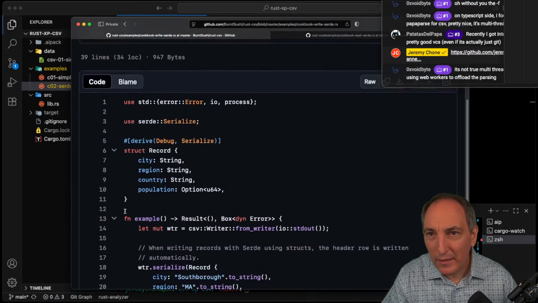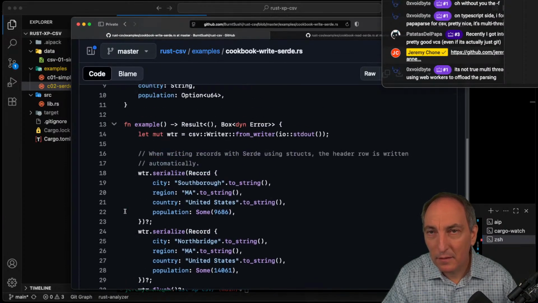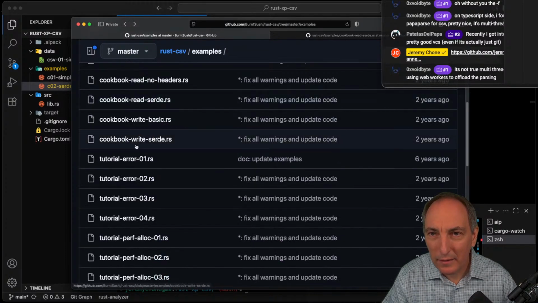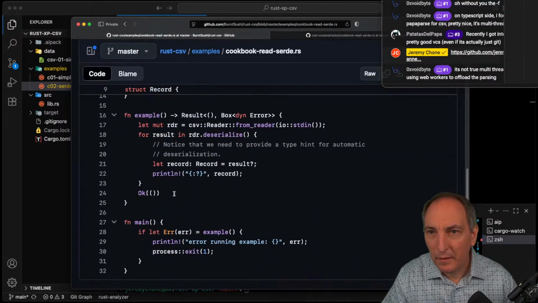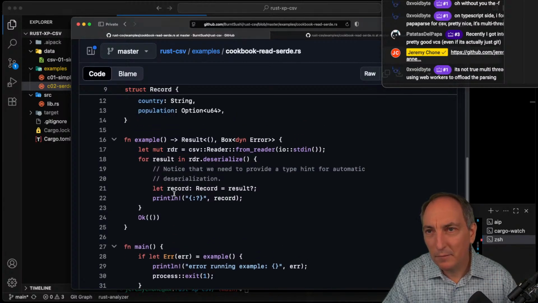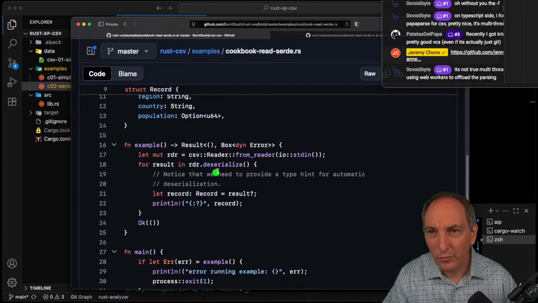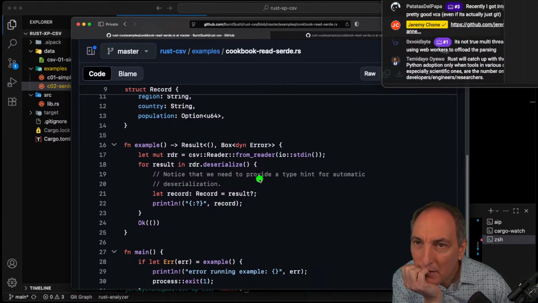So that is a write business. Oh no, I didn't say write. I don't want to write. I want to read. Read CRD. And then I have the RD deserialize. Okay, I'm being slow here. For result, deserialize. That seems that this reader deserialize will give me